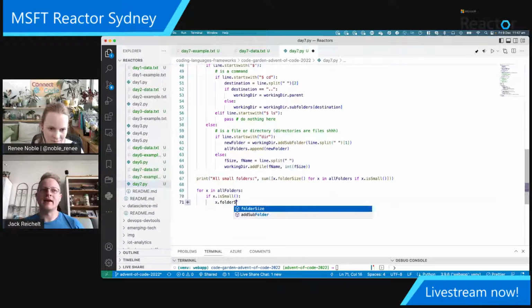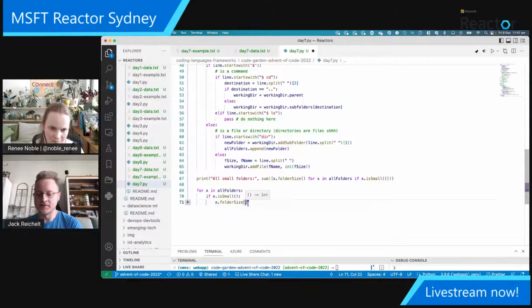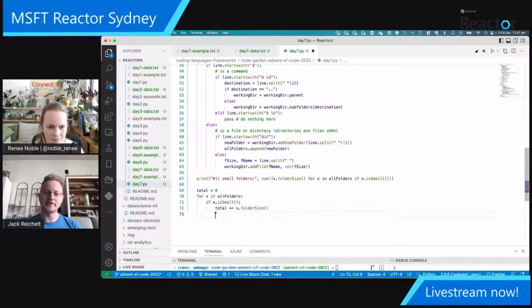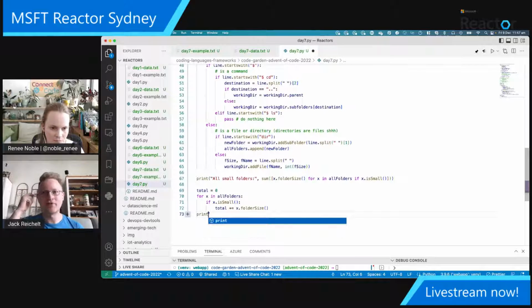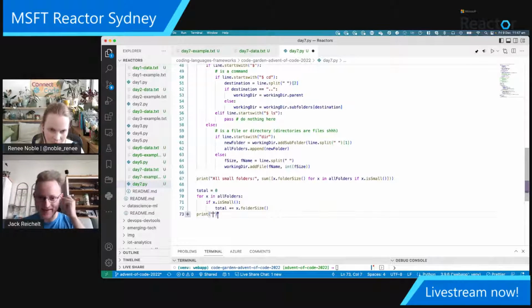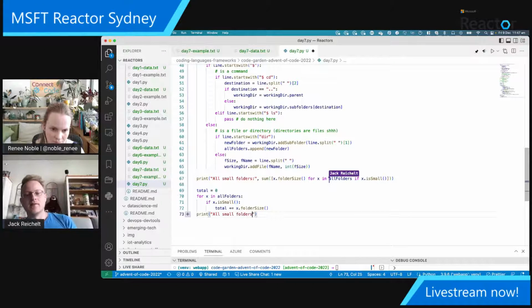And if you are aware of the infamous off by one errors that programmers often hit, with list comprehensions it's not impossible to get them, but it is a little easier to avoid off by one errors where you add all of the small folders except the last small folder or except the first small folder or things like that. List comprehension prevents that. So let's